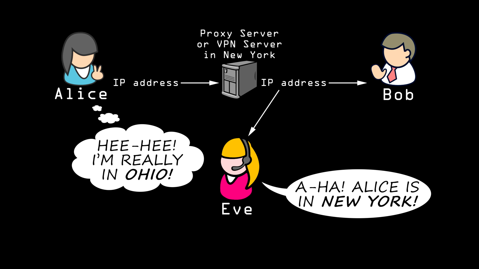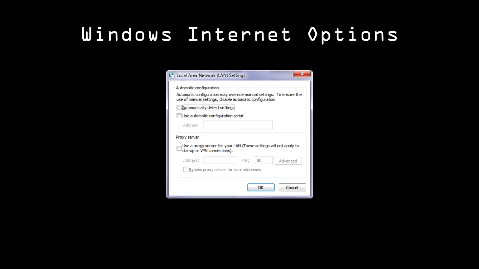If she just configures her browser to use the proxy, then other software connecting in the background will connect normally, and Alice won't get any of the benefits of a proxy server on those, unless she configures those to use the proxy server as well. In Windows, you can set your internet options to use a proxy, and for the most part, the default setting in most software that connects to the internet is to use the system proxy settings.